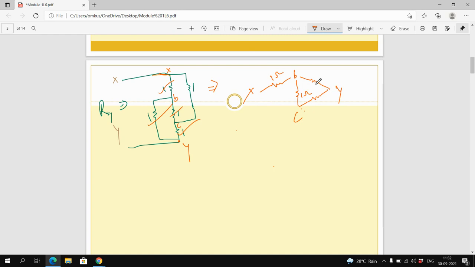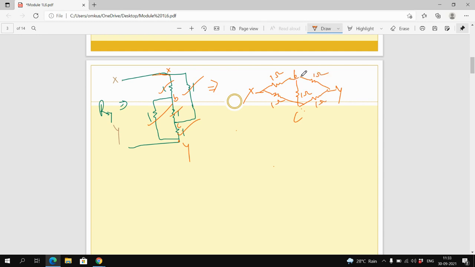Okay. See, now these four elements we have already completed. Now between x and c, how many resistances are there? Only one, that is 1 ohm. So between x and c, a 1 ohm resistance is connected. So how many elements have we connected till now? 1 2 3 4 5. And how many elements are there? 1 2 3 4 5. So we have completed all connections, right? So you have to find the resistance across x and y. All elements are 1 ohm resistances.